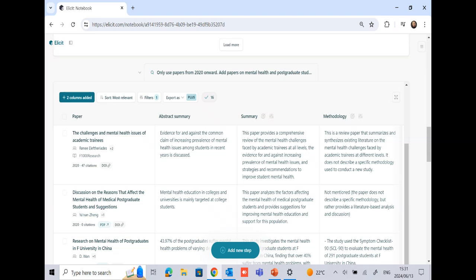So I find that Elicit is pretty neat, and it really can help you with your literature searches and your literature review to find articles. You would just need to evaluate the quality of the articles, but it already has the summaries for you.